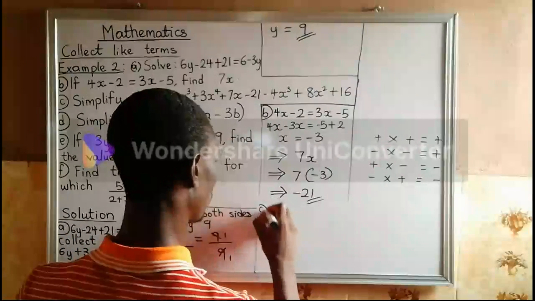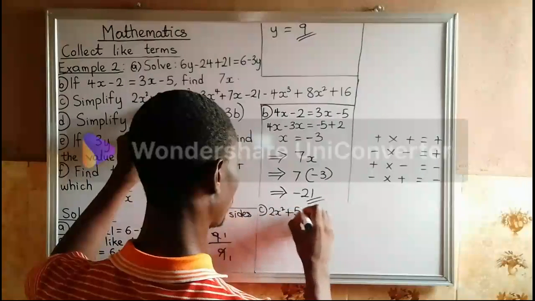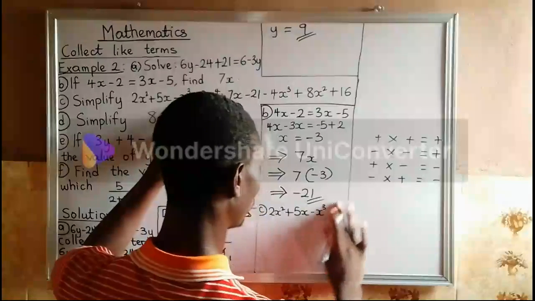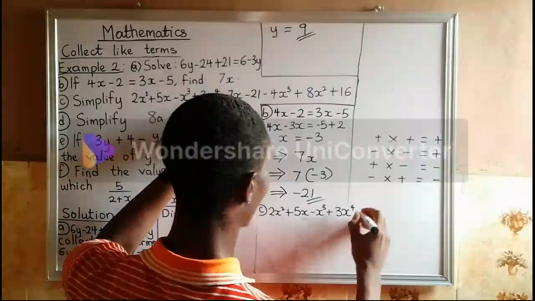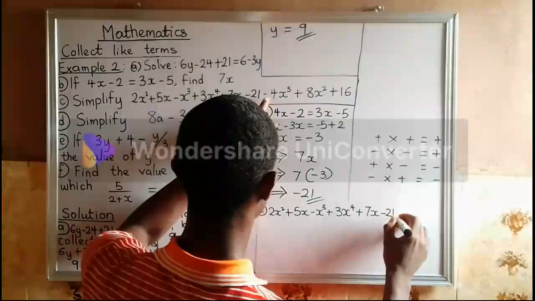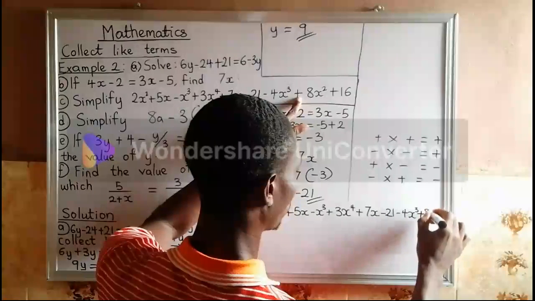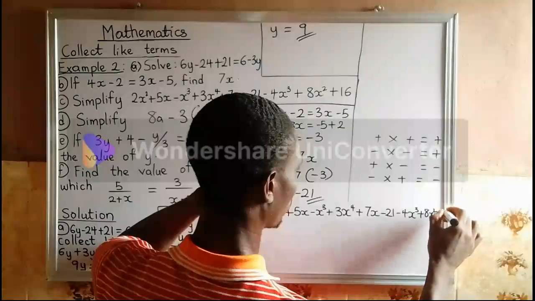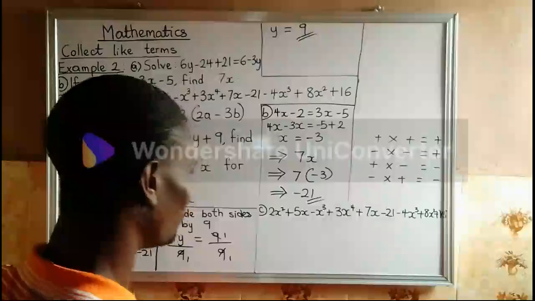Example 2c. 2x squared plus 5x minus x cubed plus 3x raised to power 4 plus 7x minus 21 minus 4x cubed plus 8x squared plus 16. Okay, the question says we should